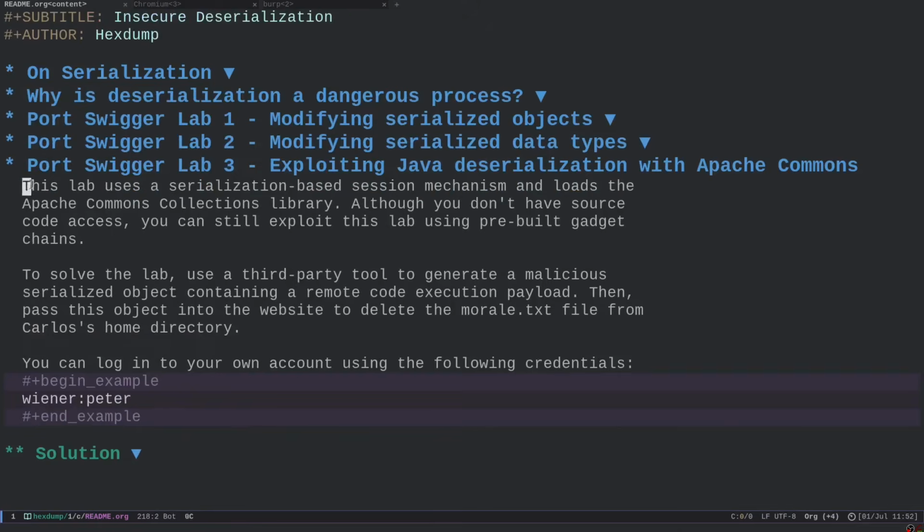So this lab uses a serialization-based session mechanism and loads the Apache Commons collection library. Now, why is it useful that it tells us what kind of libraries it loads at runtime in the backend? We will see that. Although you don't have source code access, you can still exploit this lab using pre-built